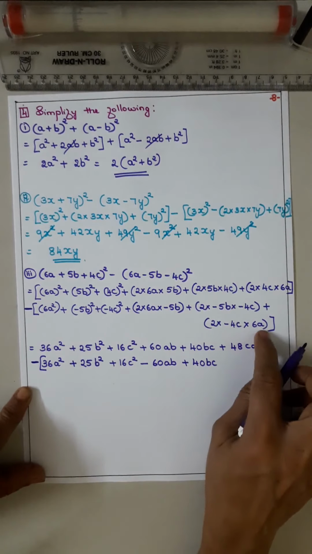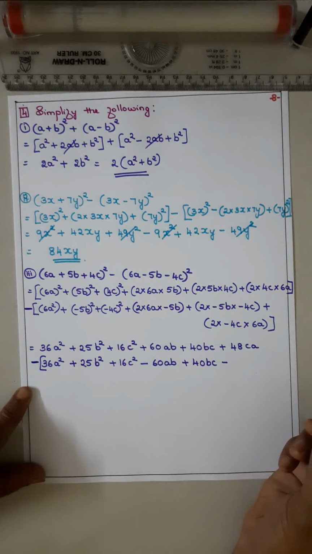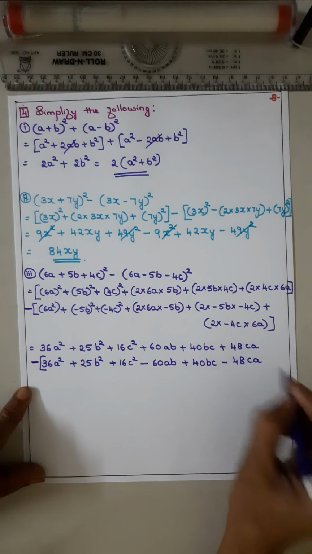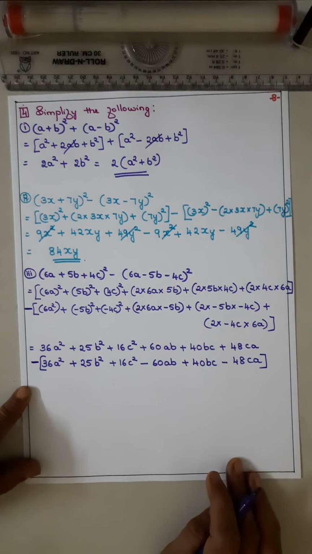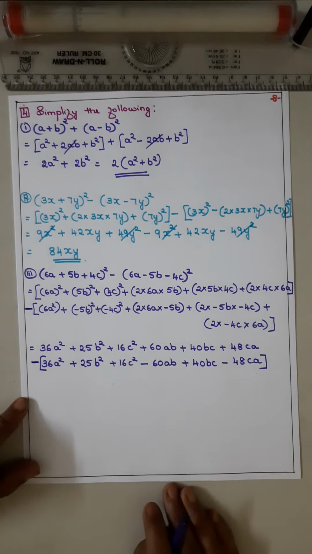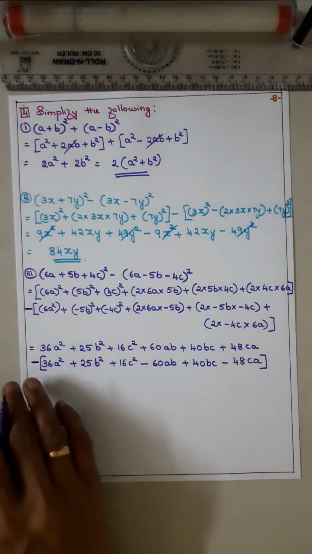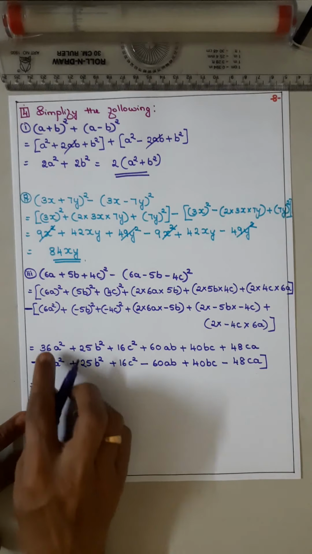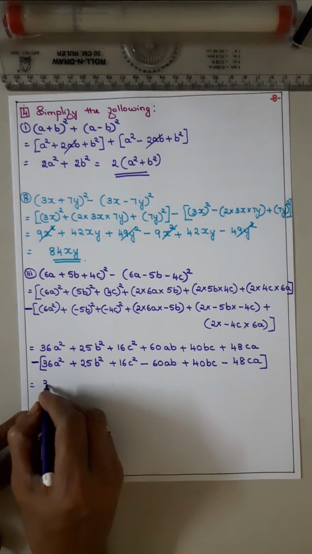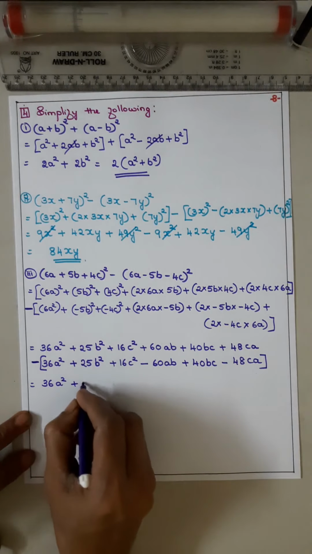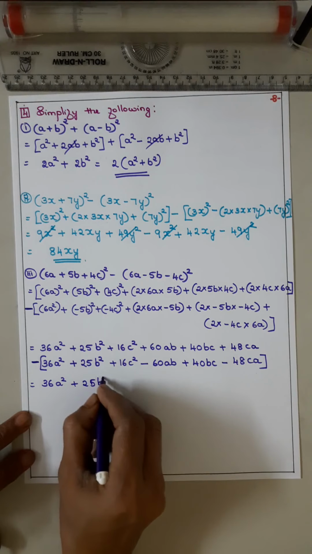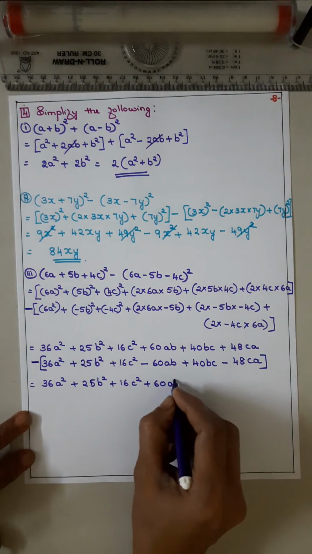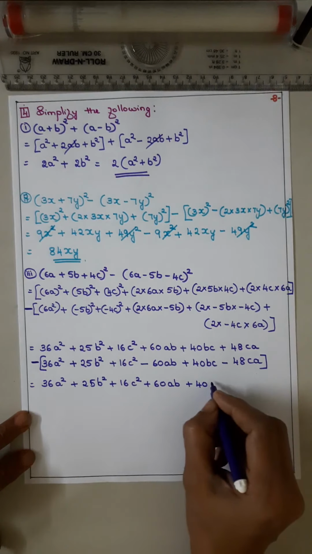Now here 1 minus is there, so minus 2 4s are 8, 8 6s are 48 CA. Bracket close. Okay. Now open the bracket. So सेकेंड का जो भी ब्रैकेट के अंदर है उसका साइन सब ऑपोजिट होने वाला है. तो लिखो फर्स्ट वन का एज इट इज 36a स्क्वायर प्लस 25b स्क्वायर प्लस 16c स्क्वायर प्लस 60ab प्लस 40bc